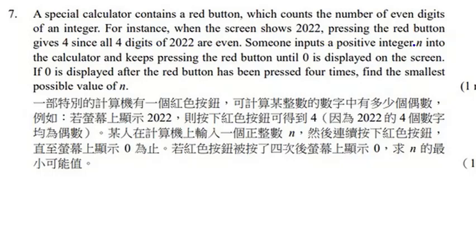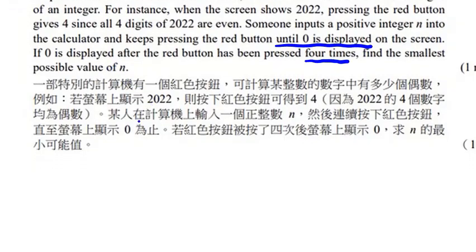Someone inputs a positive integer n into the calculator and keeps pressing the red button until 0 is displayed. This part is important for the solution. On the screen, if 0 is displayed after the red button has been pressed 4 times, find the smallest possible